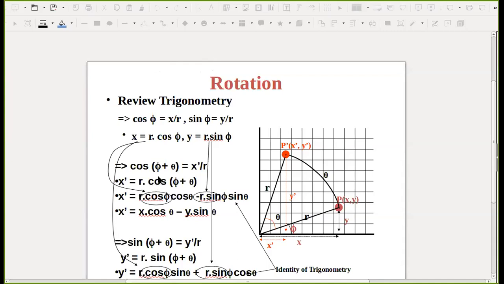Because we have written here py, px, don't get confused with this. Actually p dash x is x dash, px is x, py is y. So don't confuse with the p. P only denotes the point's y coordinate and x coordinate. P dash means the new position of the point in x and y. So this portion, minus y sin theta, is changed because you are putting minus theta, and it will give minus sin theta, so this minus will be plus.